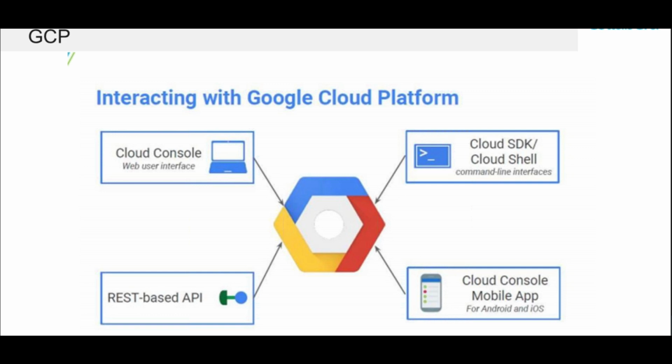Otherwise, for the architects and the administrators, you don't require a Cloud SDK. You can work on Cloud Shell or Cloud Console also. Apart from that, there are some APIs created. From the APIs also, you can access the cloud resources, or use a mobile application on your Android or iOS phones as well. So these are the ways you can access the GCP.